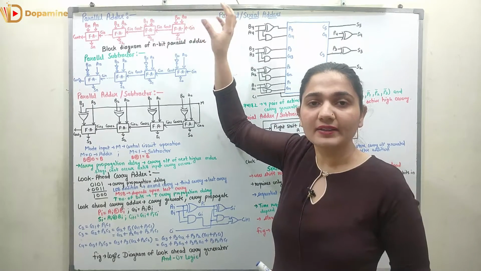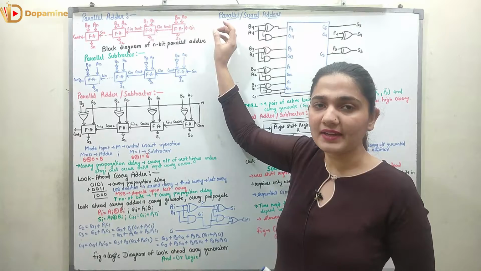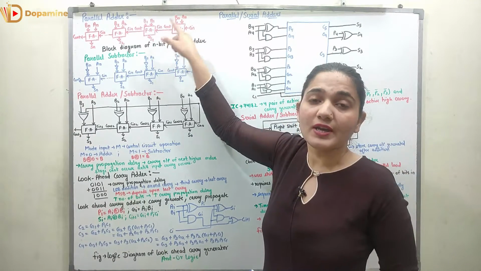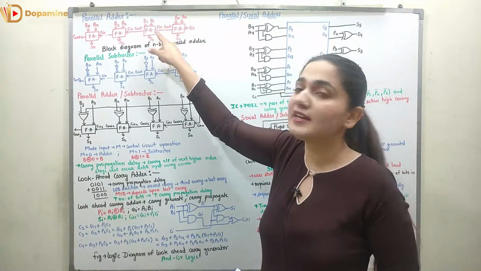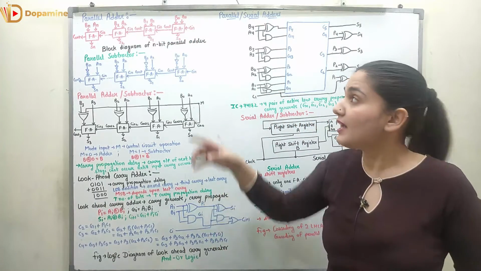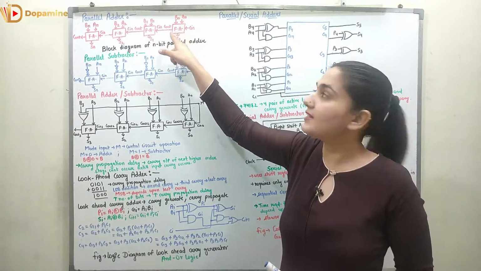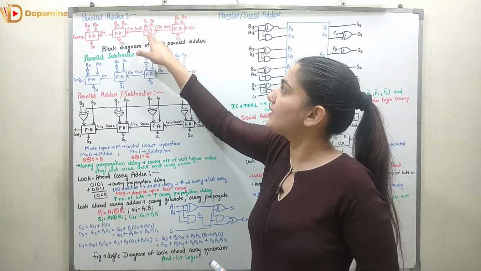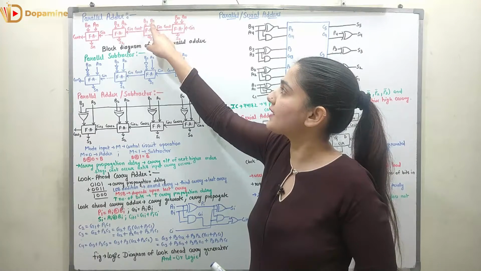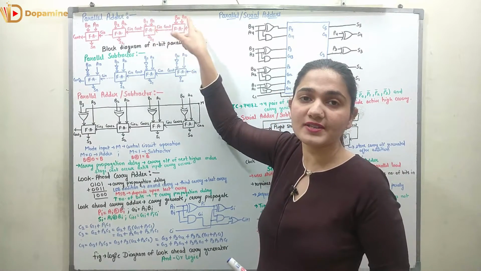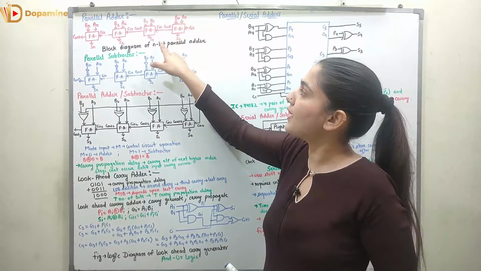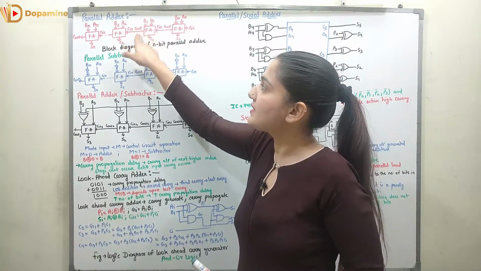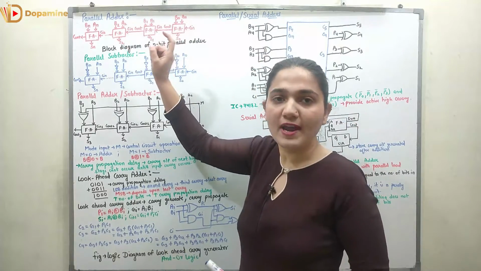So we are giving the 3 inputs A, B and the carry, and we are getting the output as sum and the carry output. This carry is going to the second full adder as the input carry. The output carry of the first full adder is the input carry of the second full adder, right? So here this full adder is taking the first bit, second bit and the Cin, which was the C out of the last full adder. It is giving me the sum and again a carry. This carry C out will be the Cin to the next full adder.